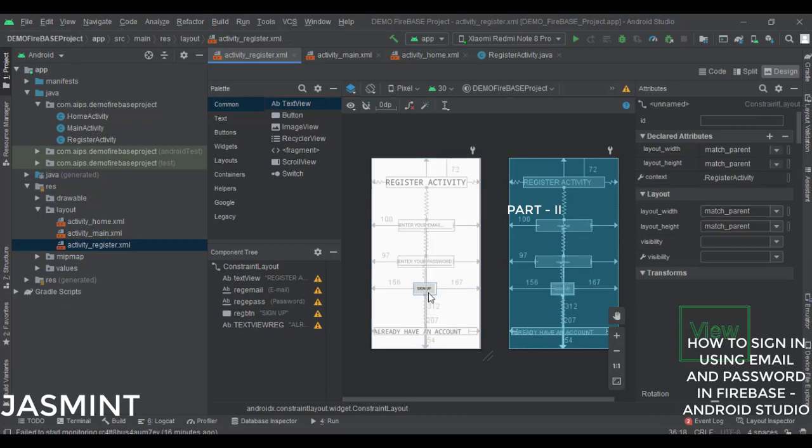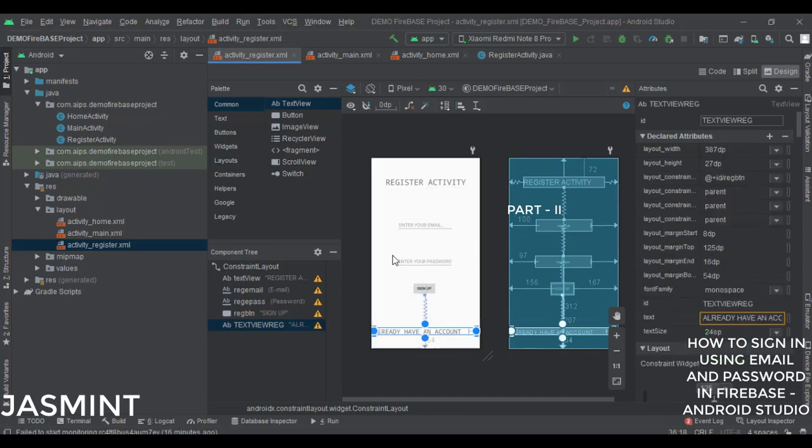And now we were creating the very first activity, which was the register activity, and here we have assigned this "already have an account". So if you haven't watched that video, you can go ahead and watch it, and in this video we will continue the same, and we'll make sure to complete the login activity, register activity, and all to the maximum extent which we can. Now without further ado, let's get started.